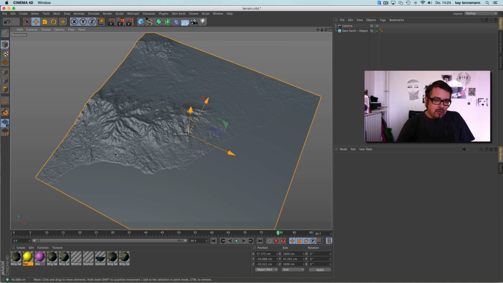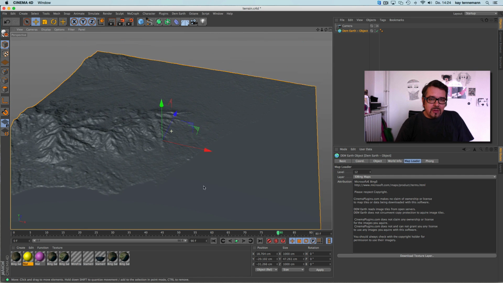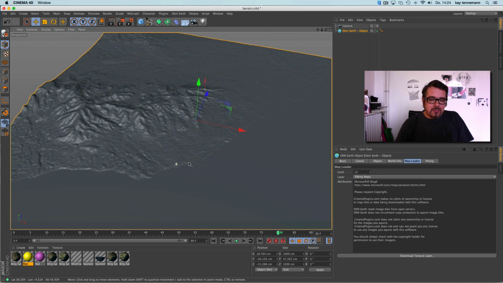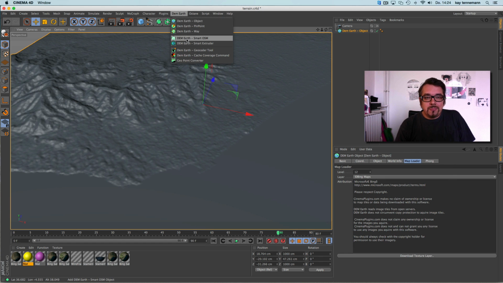Yeah, it's okay. So the next very interesting thing is an addition that comes with version 2, I think. It's the smart OSM object.